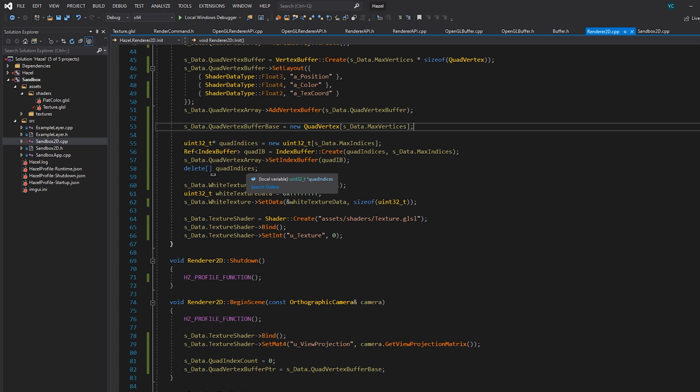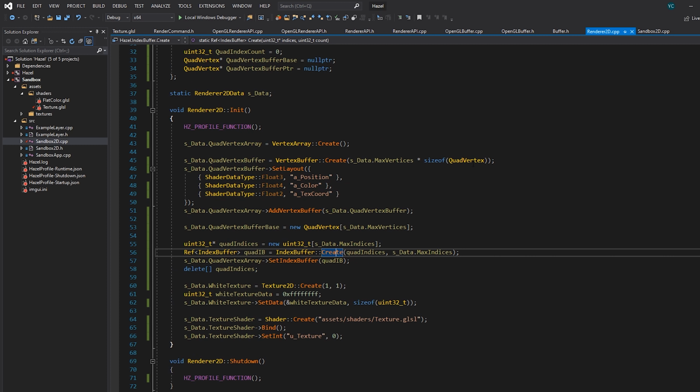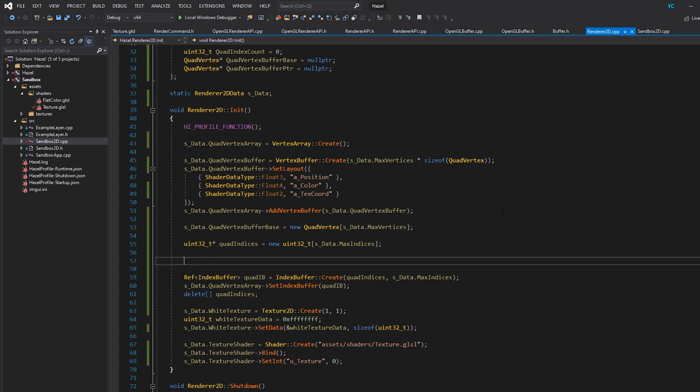So we have all of our indices here. Oh, we didn't generate any indices. Wow, I just forgot about that. So what are we setting our indices to? An empty array. Beautiful. Let's go through this and actually set them properly. So how many indices do we want? We want